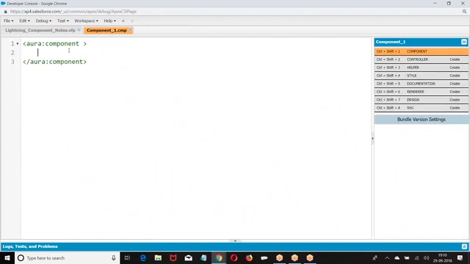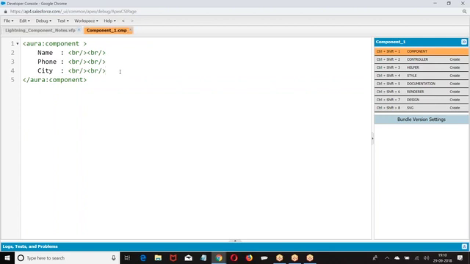Here we are defining. I defined a component. Once you define a component, how do you run this?